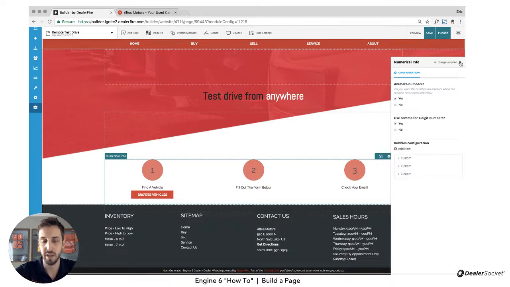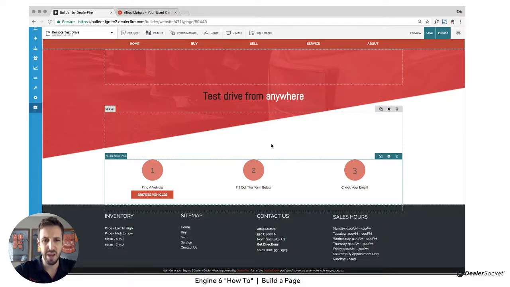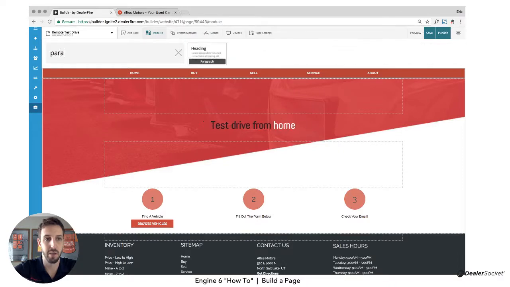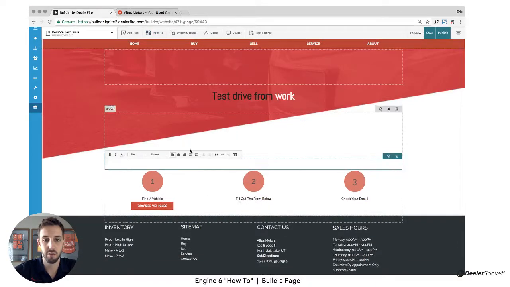Bam. So now I've got these, you know, 1, 2, 3. How to test drive from home or work or whatever. Maybe I would want to add some text, probably to explain what the heck is going on. So I'm going to come in here and add paragraph and add it above this, and I'll add some text that says, like, you know,